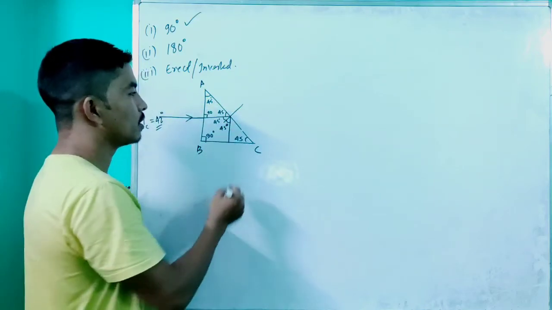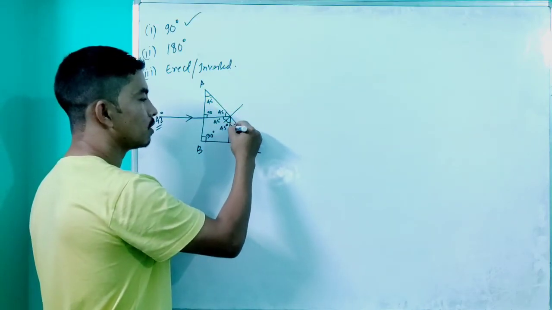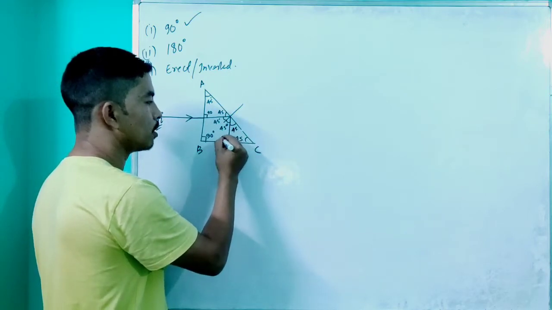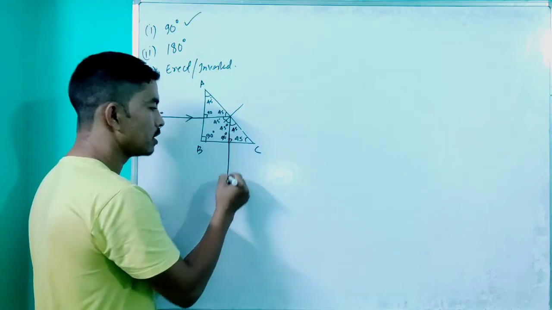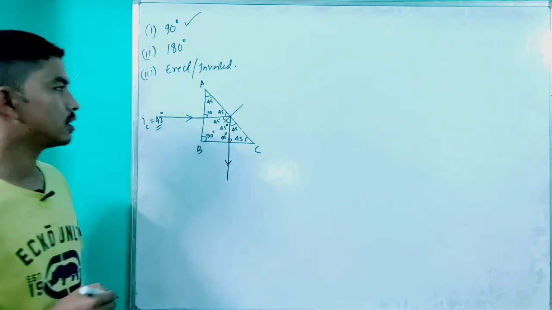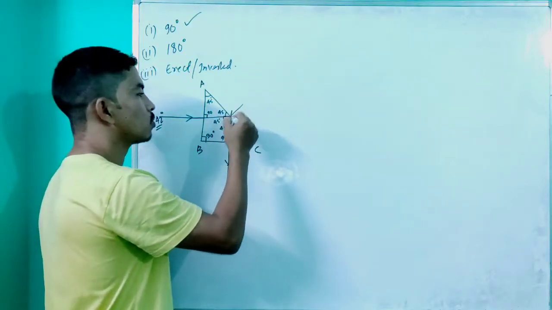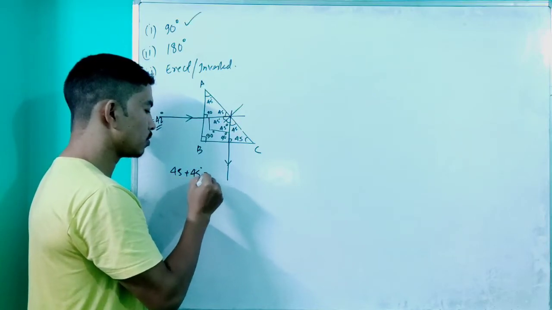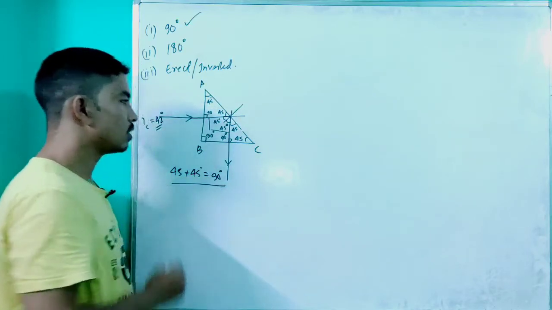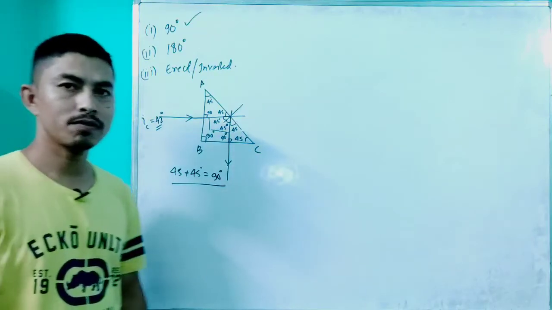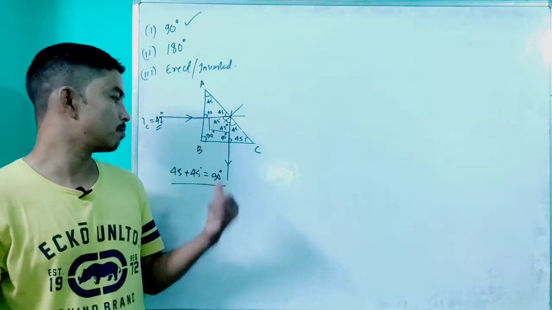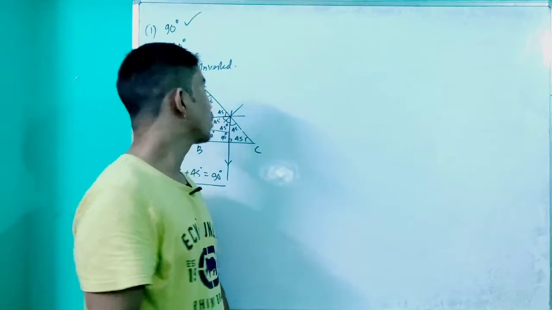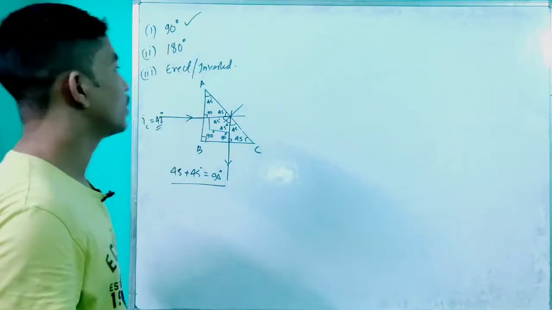So at the other surface, if this is 45, the other angle also is 45, and this becomes 90 degrees. So the ray of light emerges out without any deviation. If you see, the total deviation produced here is 45 plus 45, which equals 90 degrees. So in this way we can deviate a ray of light using a right angle isosceles prism by 90 degrees. Now let us see how we can deviate a ray of light by 180 degrees.